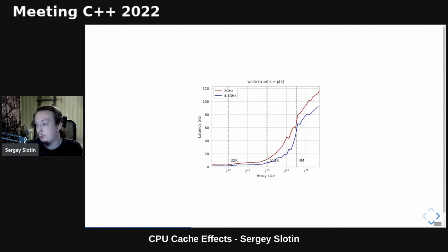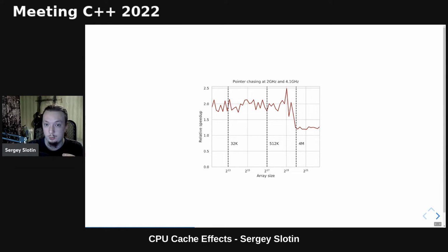Similar to bandwidth, the latency of all CPU caches proportionally scales with its clock frequency, while the RAM timings similarly do not. We can observe this difference if we change the frequency by, again, turning boost on, similar to how we did with bandwidth before. So this graph makes a bit more sense if we plot it as a relative speedup.